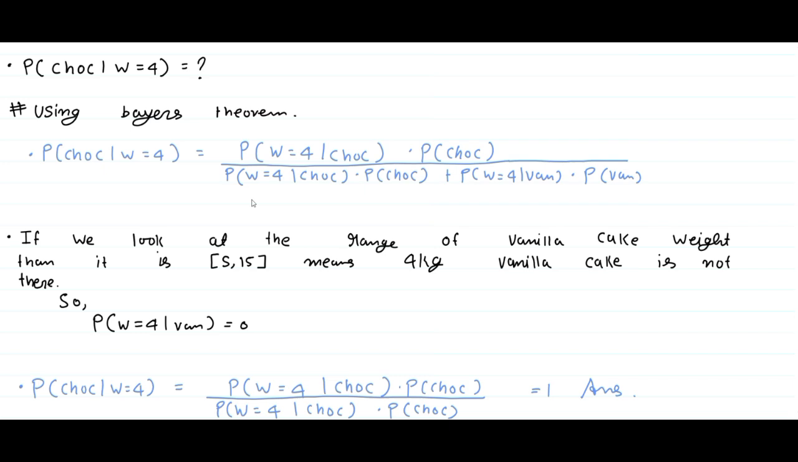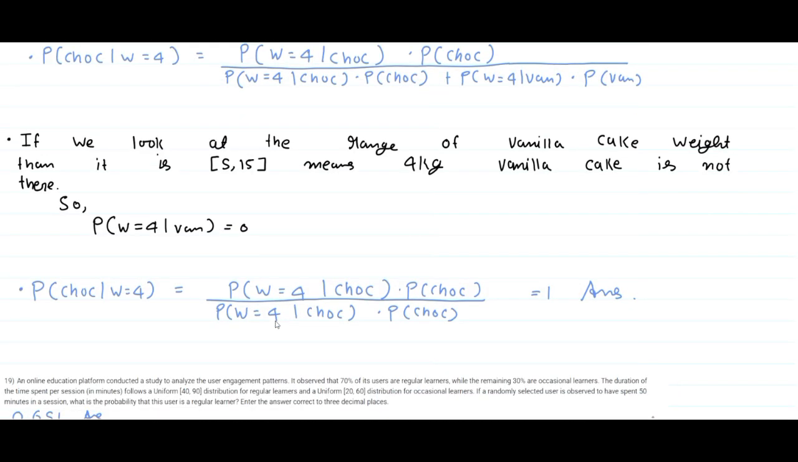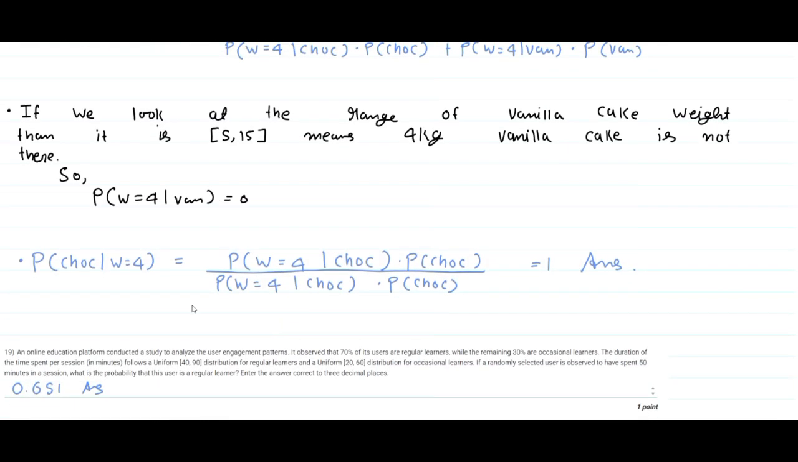Now if we look at the distribution of weight of vanilla cake, then it follows the uniform distribution with the range 5 kg to 15 kg. It means that a vanilla cake of 4 kg is not possible as 4 is not in the range of its distribution. Hence the probability of weight is equal to 4 kg under the condition it is vanilla cake is equal to 0. That results in the probability of chocolate cake under the condition weight is equal to 4 being equal to 1. Hence the answer of the question. Let us now move towards the